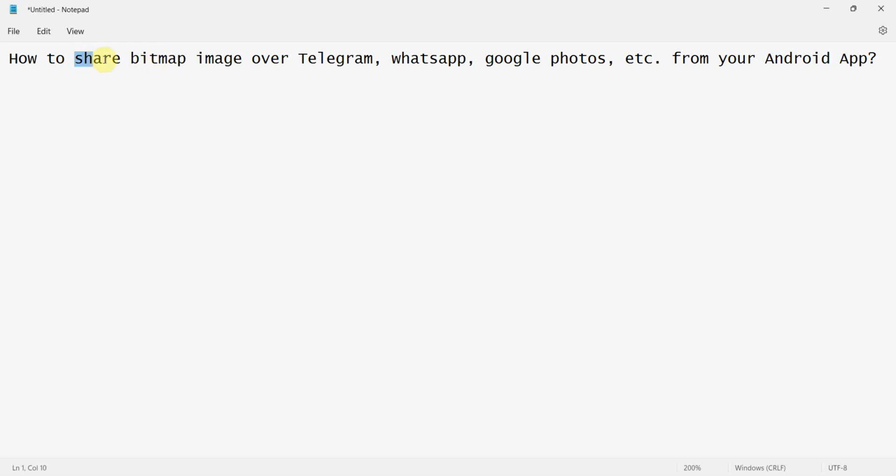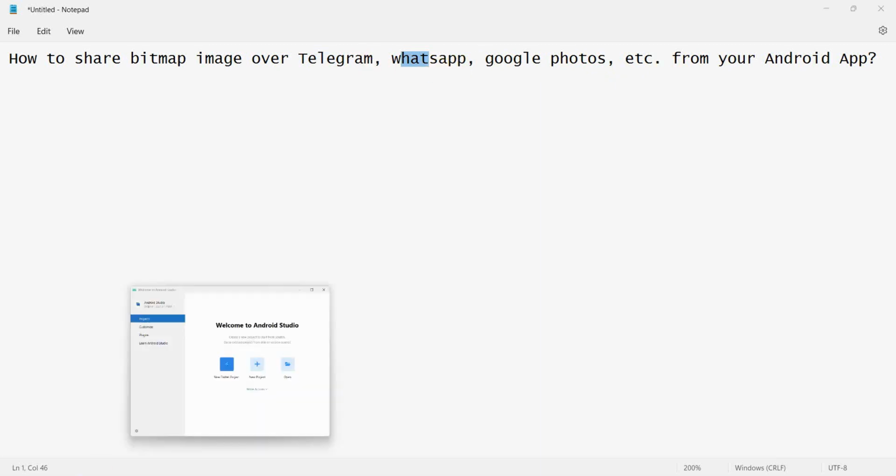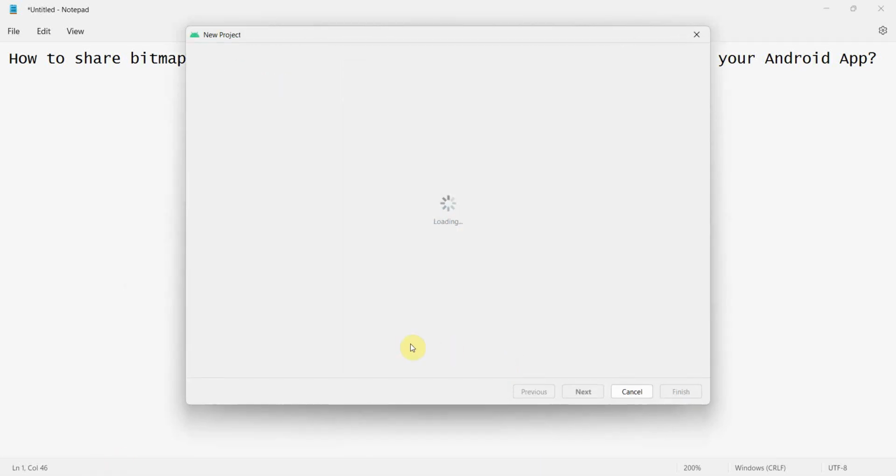In this video, we'll see how to share a bitmap image over applications such as Telegram or WhatsApp or Google Photos or Gmail or on various applications. So how to do that? Let's see. So create an empty project